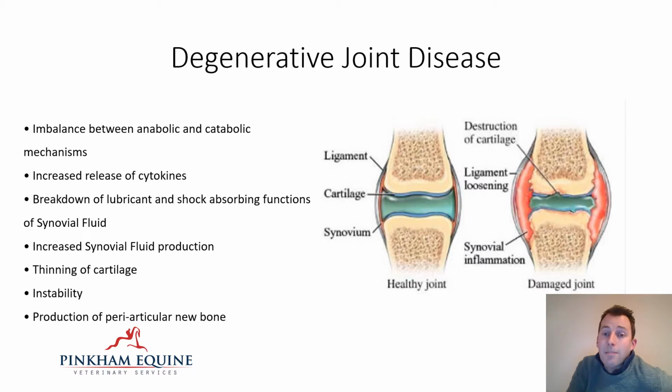When it gets attacked by these enzymes that are released into an inflamed joint, then it becomes thinner, more watery, it loses its ability to lubricate as well, and it loses its ability to act as a shock absorber. This means that the cartilage becomes subject to more wear and tear, and eventually, if that inflammation is not